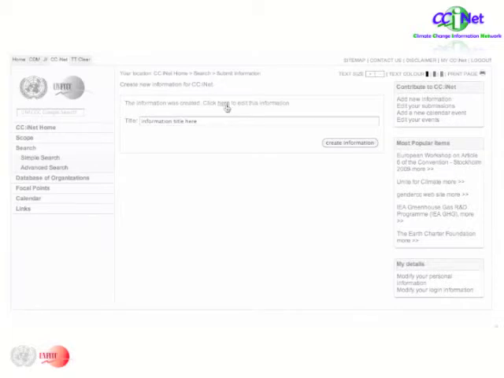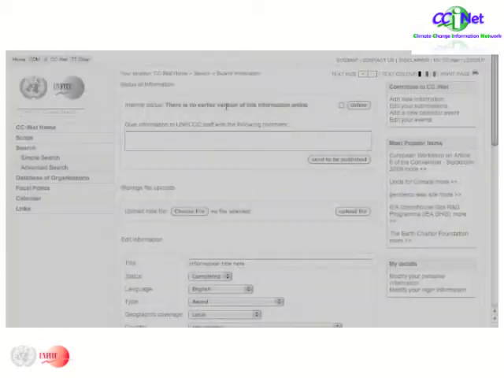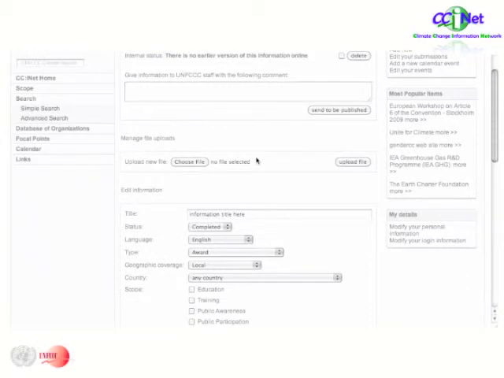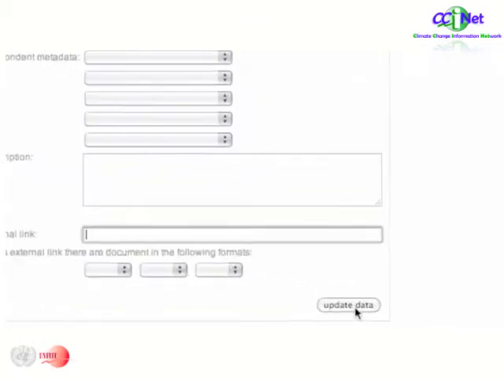Click the Here link to begin to edit this content. You may now upload files and complete the information, including descriptions and scope, focus, and then click Update Data to save your changes.